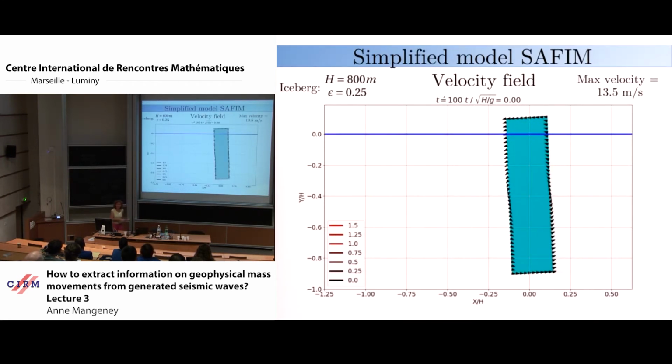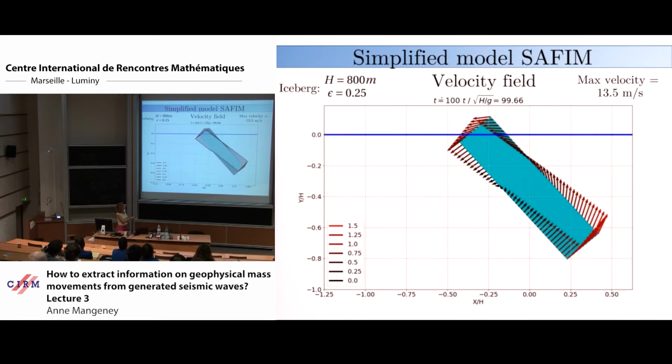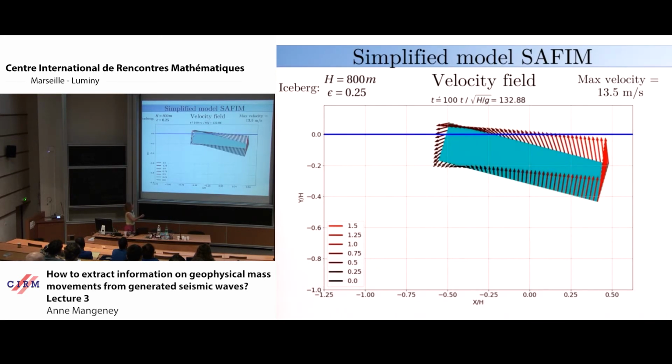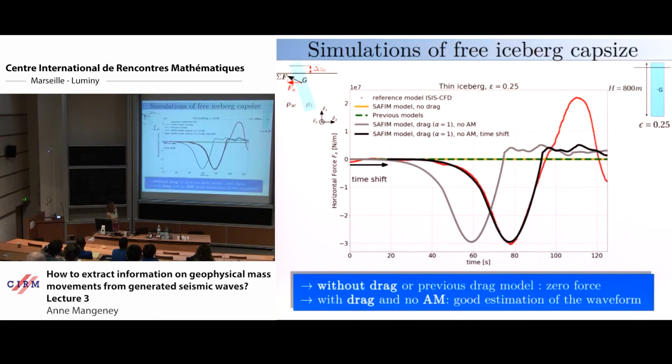now I show you what we obtain with our simple model. The same kind of simulation. So you have the iceberg that rotates as a function of time, and you see the very simple force acting on the model because they depend on the square of the velocity of this simple model. But what is important is that we see a drift also of the iceberg in this direction. So some essential features are here, and some are missing, and it is what we want to quantify.